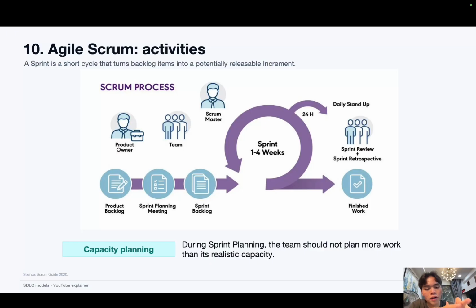But the sprint retrospective is a team-member-only meeting. And they ask three questions. What did the team do well? What can the team improve? And what has to stay the same? So this keeps the workflow moving forward as people know what they're doing, and they keep their workload and everything organized and manageable. And finally, you have the